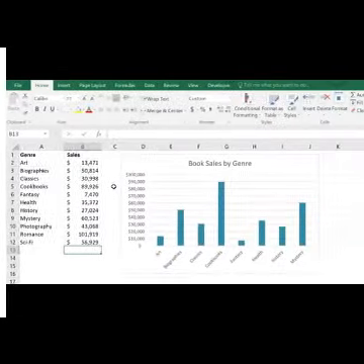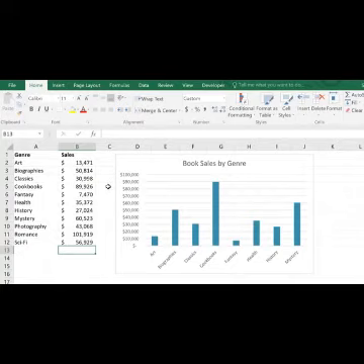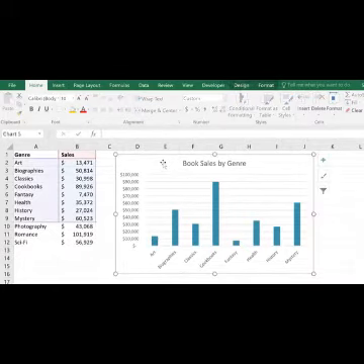A common problem with Excel charts is that sometimes people add more data to the spreadsheet and forget to include the new data in the chart. And that's exactly what's happened here. Our last few rows are missing from the chart. The worst part is you may not even realize that your chart is using incomplete or out-of-date data. But I'm going to show you an easy way to make sure your chart always stays up to date.